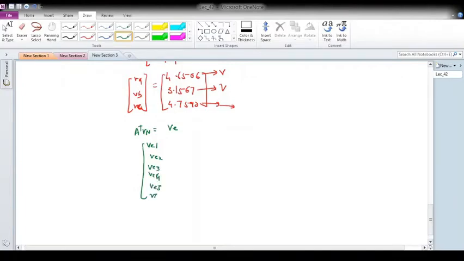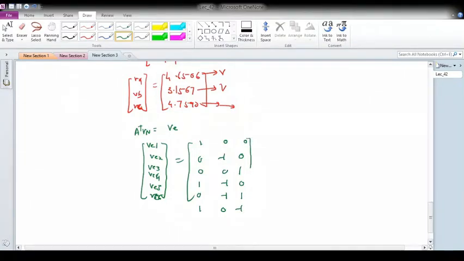Okay, so VE6, and then A transpose, you know this is 1 0 0, 0 minus 1 0, 0 0 1, 1 minus 1 0, 0 minus 1 plus 1, 1 0 minus 1. Okay, and multiplied with the resultant node voltage vector,